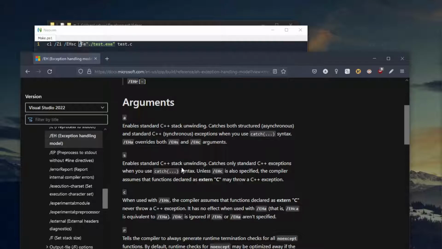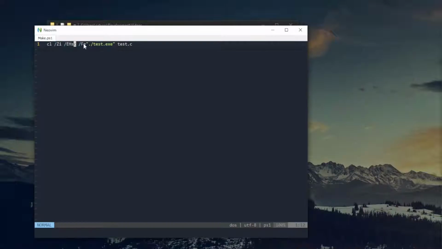Because the CL works for C++ or C, but if you're writing in just C, you probably want to add the C argument. But anyways, if you add these 3 flags along with the name of the program you want to compile,